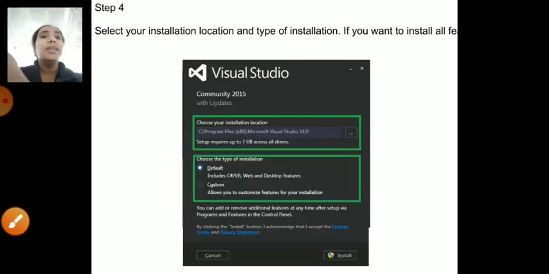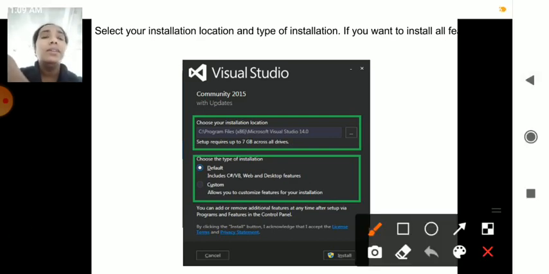Then the next step is, here you can see it will be asking for the location where to install your software. Mainly all the software will be installed in the C drive, but you may choose your own drive and install there. The option is here, you can browse and install in any other drive also, the D drive, E drive or F drive. You can install your software. This is the part where you install the Visual Studio.